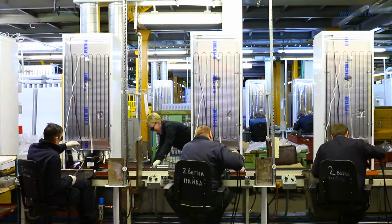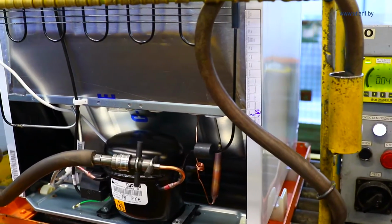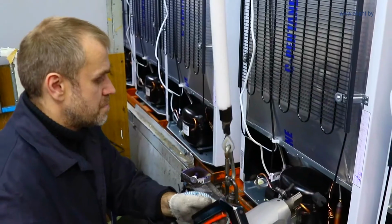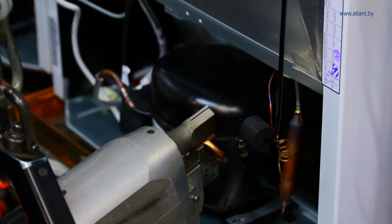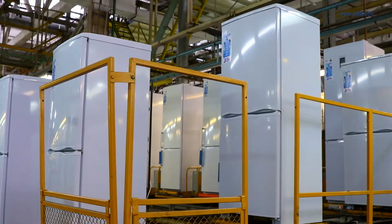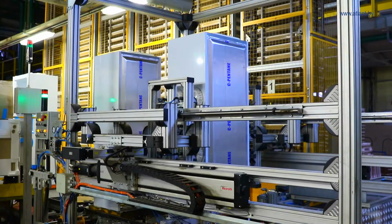The refrigerator is prepared for filling with coolant. Refrigeration unit connections are joined and soldered. Immediately before filling, the refrigeration system is vacuumed to the required level, then the refrigerator is filled with isobutane and ultrasonically sealed. As soon as the assembly process is completed, the refrigerator goes to the test bench for acceptance tests